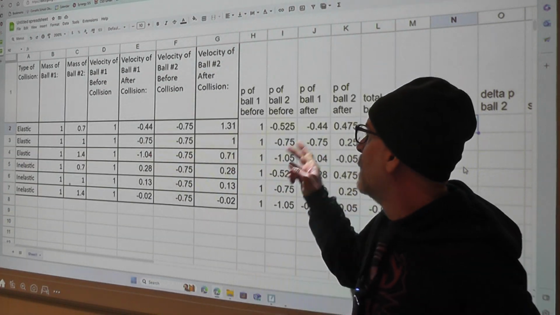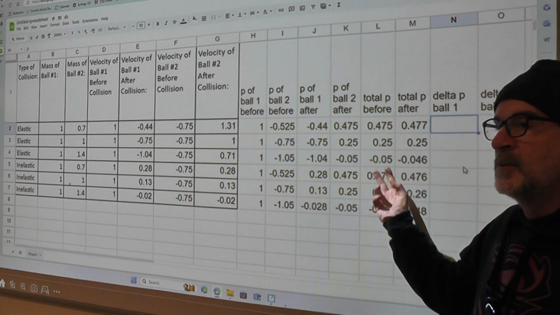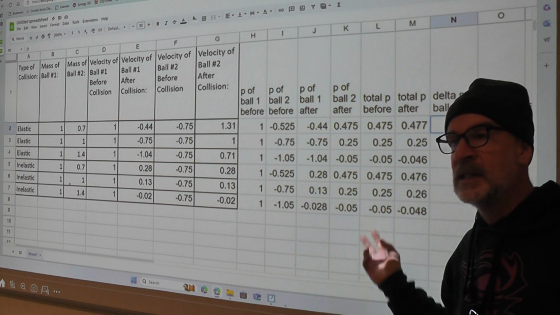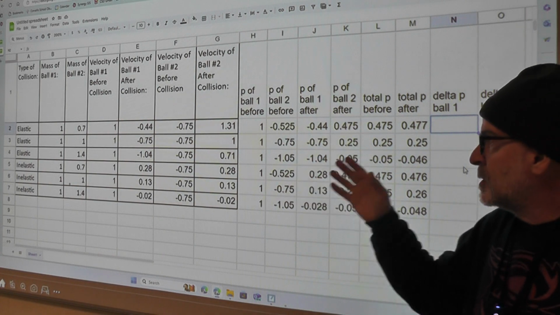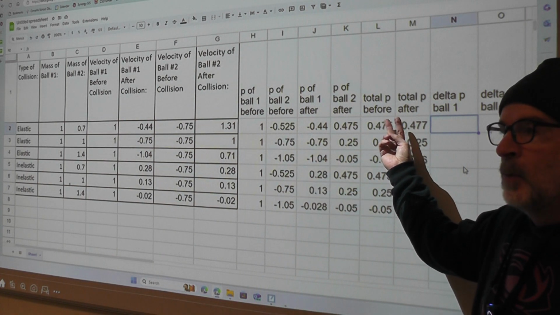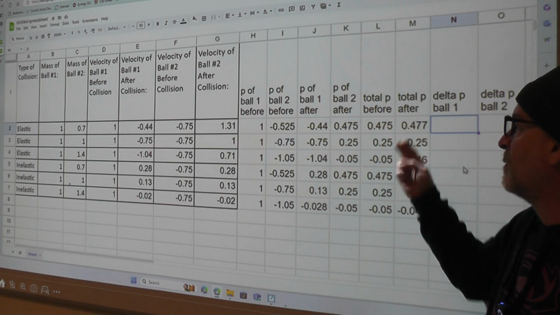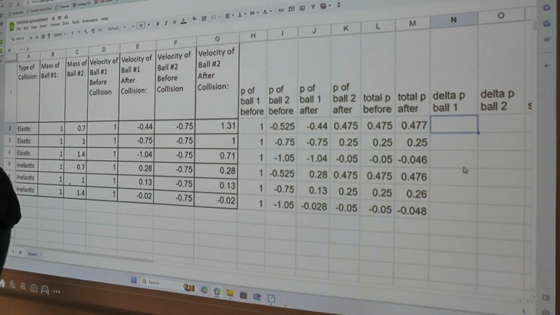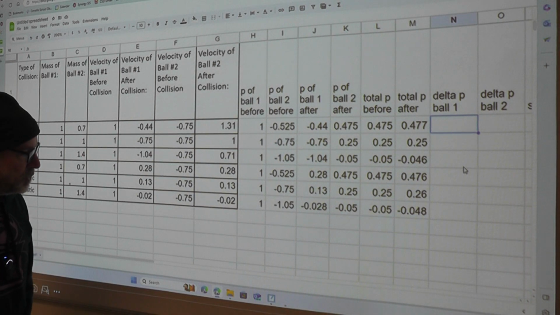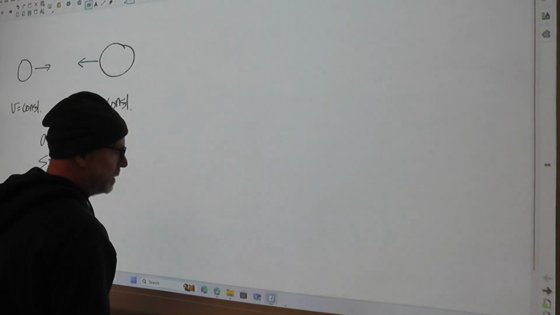In this case, this follows from our observation that there aren't significant forces acting on these objects other than the collision itself. When that's true, we can expect momentum to be the same both before and after the collision. And then I asked you to find the change in momentum of each object. And I showed you this, but I just want to remind you that